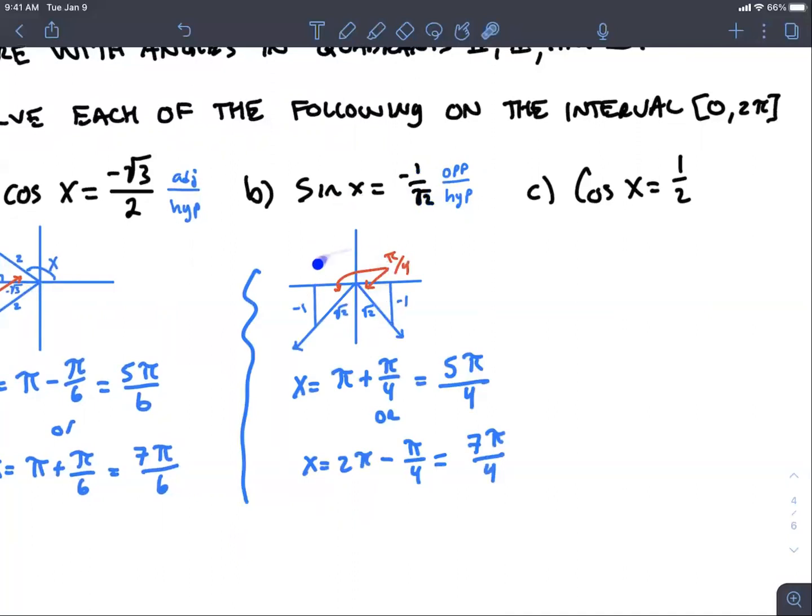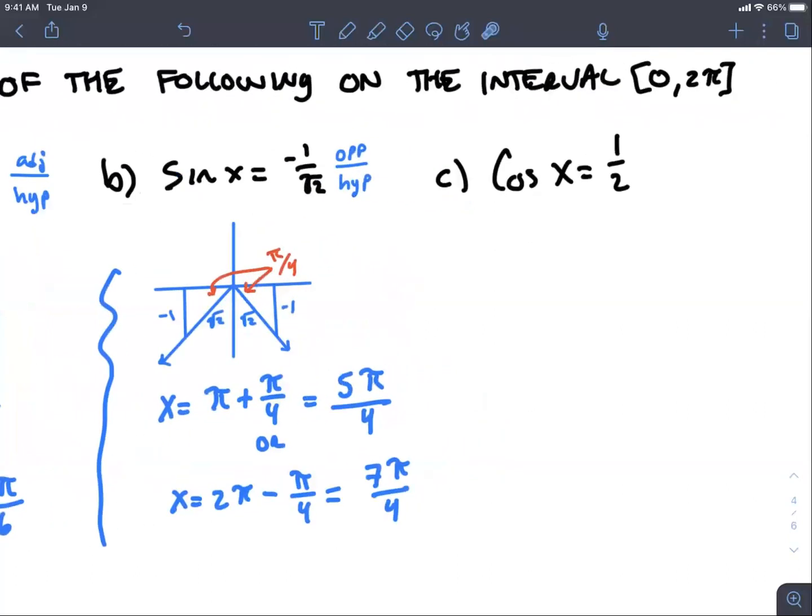Okay, so if our circle in here has a radius of square root of 2, and my y value is -1. We can go back to those triangles and see that we're on a 45, 45, 90 triangle. So pi over 4 is our angle right here. And there's two possible answers. In quadrant 3 and in quadrant 4, y is negative. That's where our numerator here is negative. So we have this possible answer, and our reference angle is pi over 4. So I do pi plus pi over 4. Pi is half a circle. And then I get pi over 4. And then I could also do 2 pi, which is the whole circle, subtract pi over 4. And we end up with 7 pi over